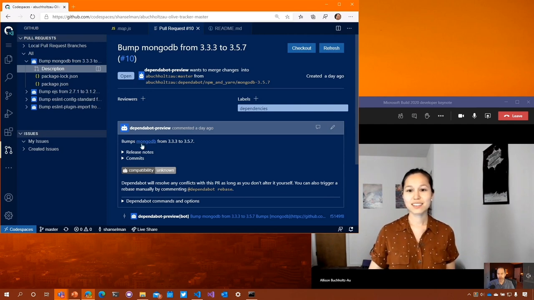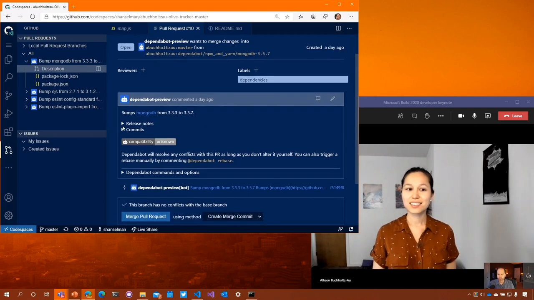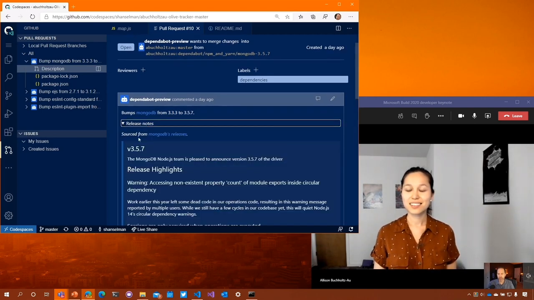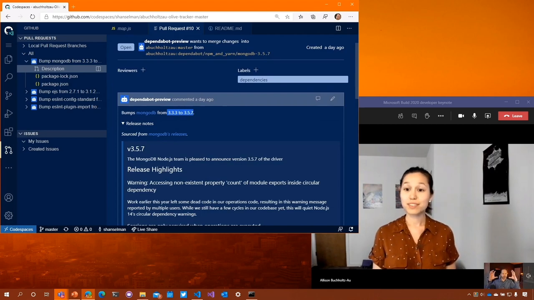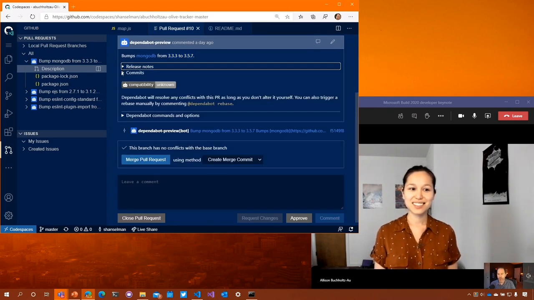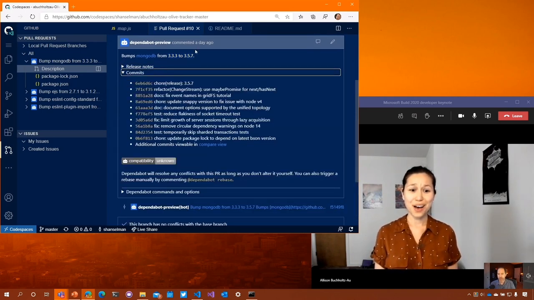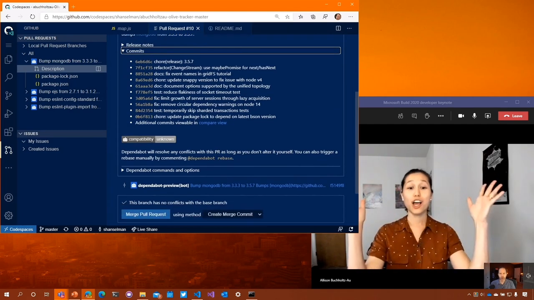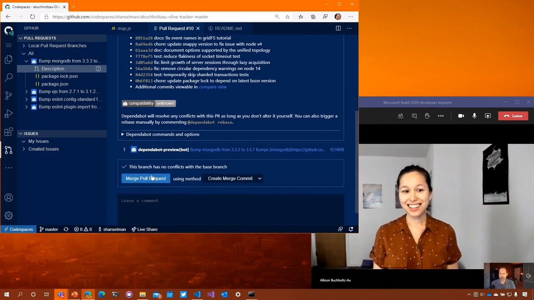So like here, Dependabot went and noticed that the MongoDB dependency bumped from one version to another. And what I love about it is it will go and pull the release notes out. It'll basically do an inclusive, like I want everything from this version to that version, and it copy pastes it in. You can even go and see each individual commit between these two versions. And it's lovely. And then you can go and do, and look, I'm doing a merge directly inside of VS